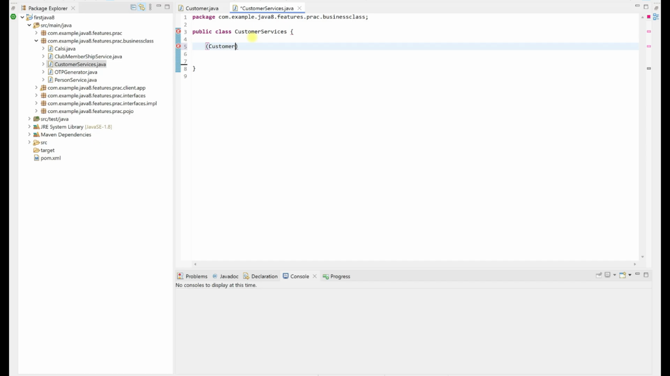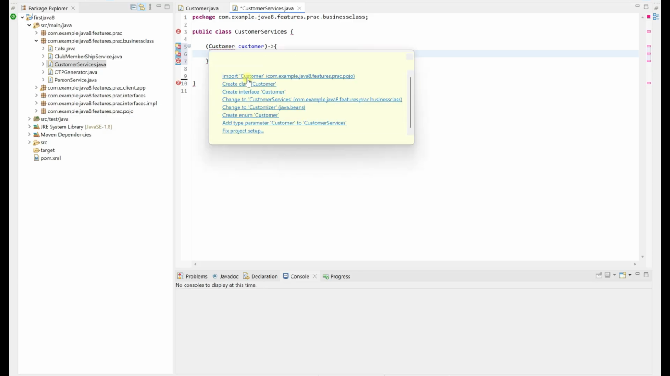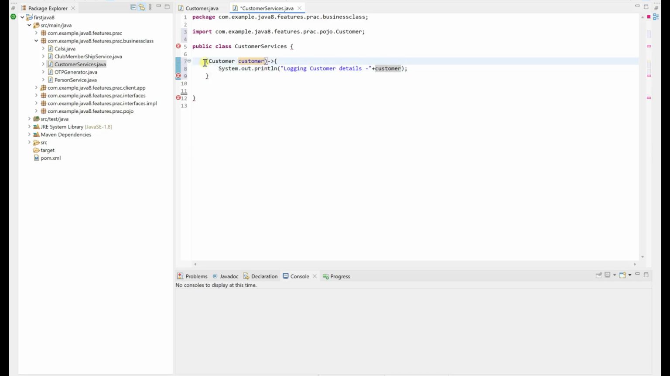So I'll be taking the customer lambda expression. So I'll be logging the customer now. On the braces, I'll say logging customer details. Customer details will be giving the customer. That's it. Let me import the customer. Okay, no problem. And semicolon should be added because it is a lambda expression, doesn't have any